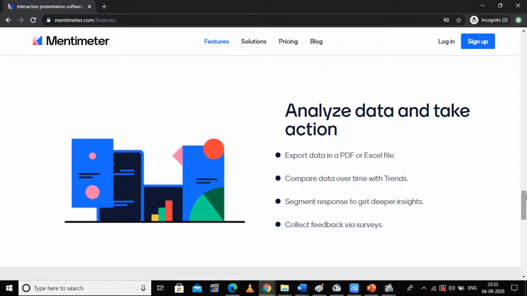You can export the data which you gathered from your audience. Suppose I have a poll asking whether you like this session or not, and 80% of the audience said yes and 20% said no. You can export the data in PDF format or as an Excel file, and then analyze what the actual audience reaction was for that session, and what action is to